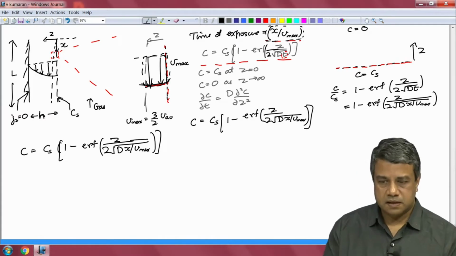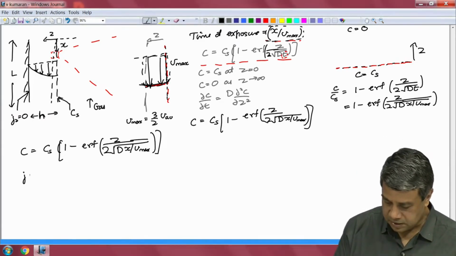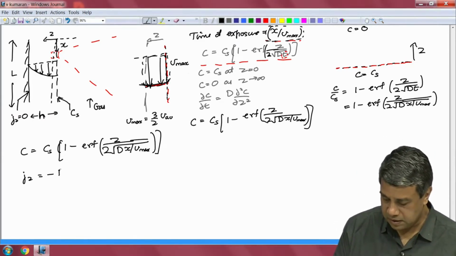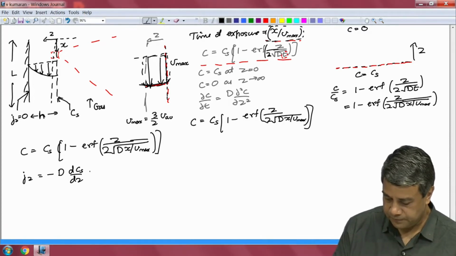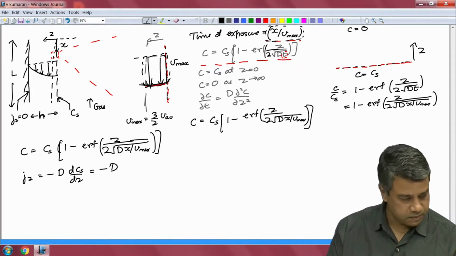What is the flux at the surface? Jz is equal to minus D times dC by dz, is equal to minus D